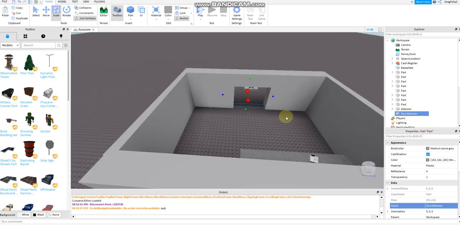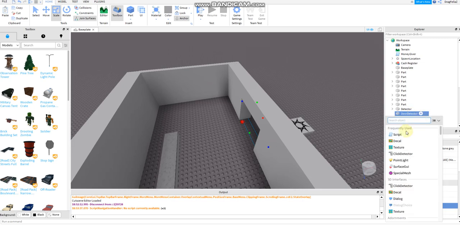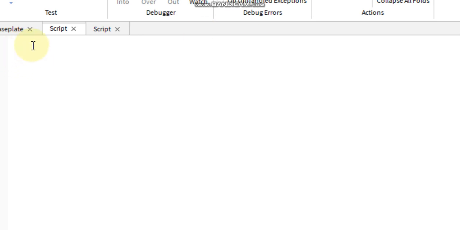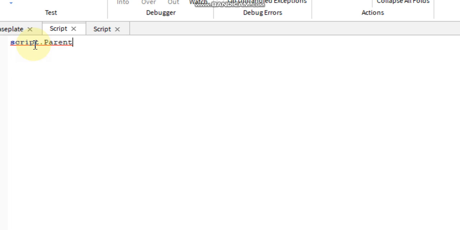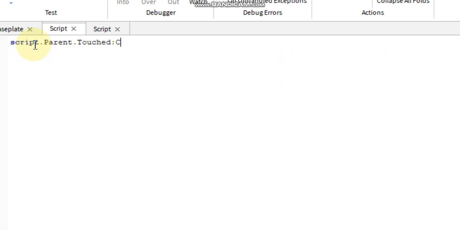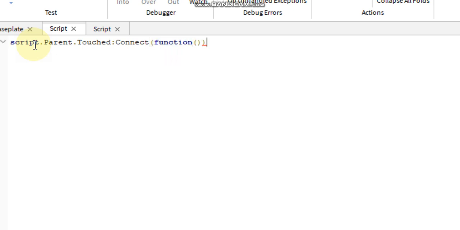So now that we have that, we can insert a script into door detector, and now we can start scripting. Line 1, you want to write script.Parent.Touched:Connect(function(hit). You want to do this, but then delete this. Hit. Alright, now insert if hit.Parent